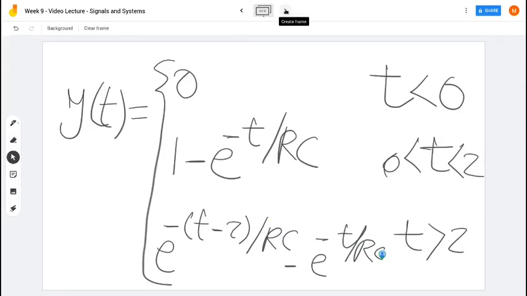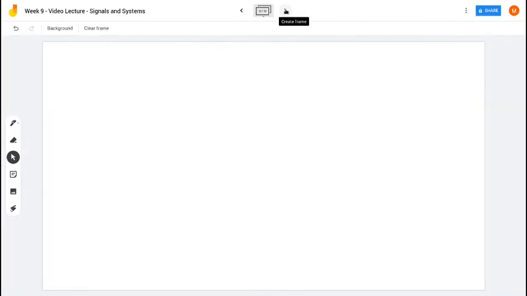And of course over here we can take e to the negative t over RC as a common factor, and you will be getting the following expression: